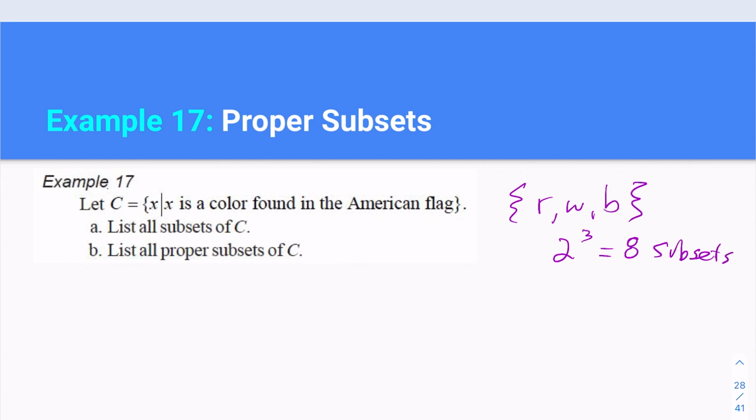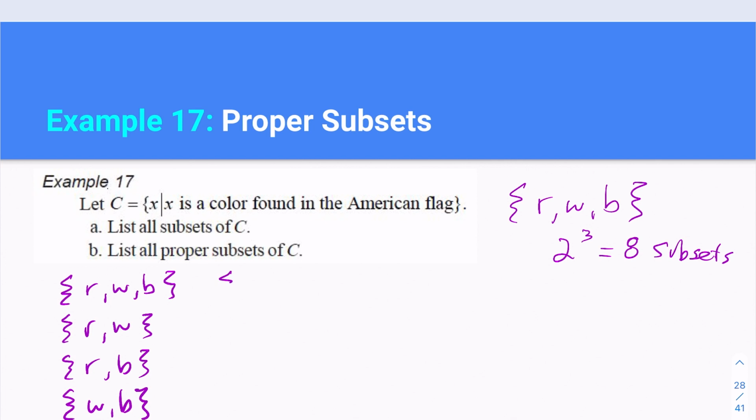So first we're going to list all of the subsets. So let's write all of them, all elements. I'm going to do the 2 element subsets. So there I'm omitting the B, then I'm going to omit the W, then I'm going to omit the R,